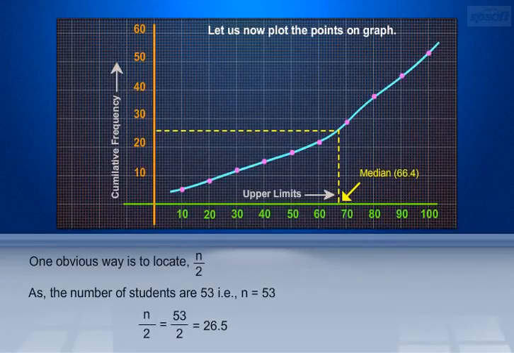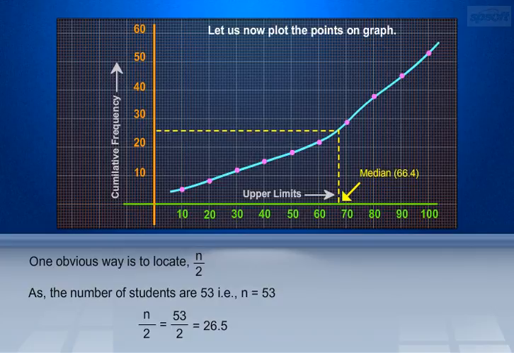One obvious way to find the median is to locate the n by 2 value on the graph, and then draw two perpendiculars, one to the x-axis and the other to the y-axis respectively. The point on the x-axis where the perpendicular meets will be the median of the given data, from the OGIV